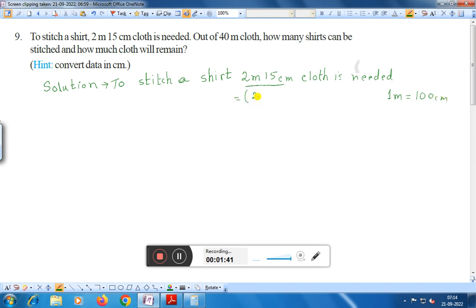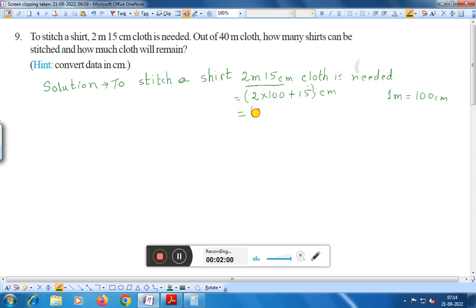That is 2 into 100 plus 15 centimeter. That means 200 plus 15 centimeter, and we are getting 215 centimeter. Now the question is, out of 40 meter cloth, there is a cloth